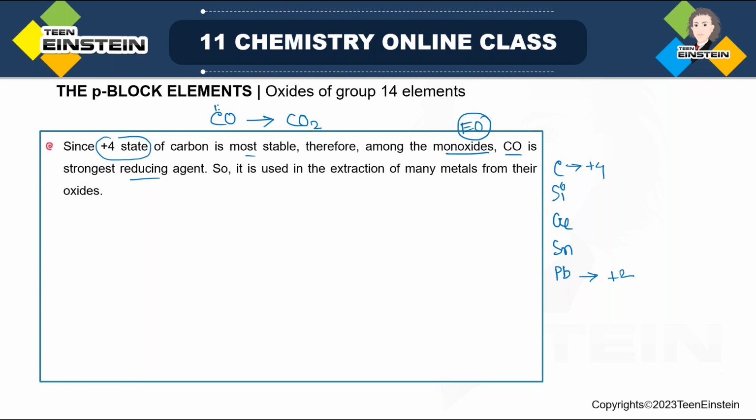It is moving from +2 to +4, which means it will lose 2 electrons. That means it will act as a reducing agent. When it acts as a reducing agent, it is itself oxidized to CO2, but it donates electrons to some other species. So CO shows maximum reducing property among all the different EO for